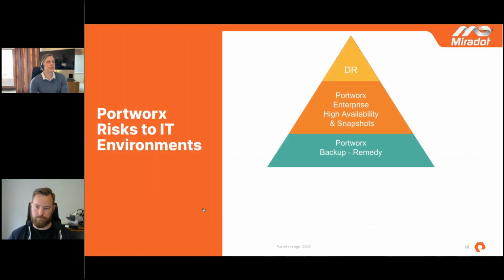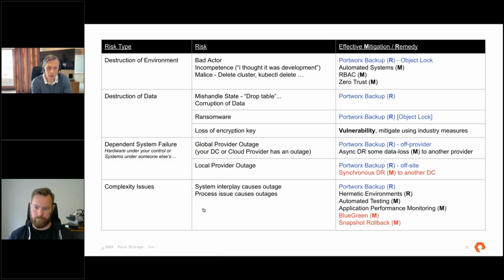Well, I see these as a sort of pyramid. So as we saw in that last slide, all that blue writing is the Portworx backup, right? This is the remedy that applies to all these systems. And then we've got synchronous DR, we've got blue-green, we've got snapshot rollbacks. There's an async DR I've managed not to highlight as well, independent system failure.